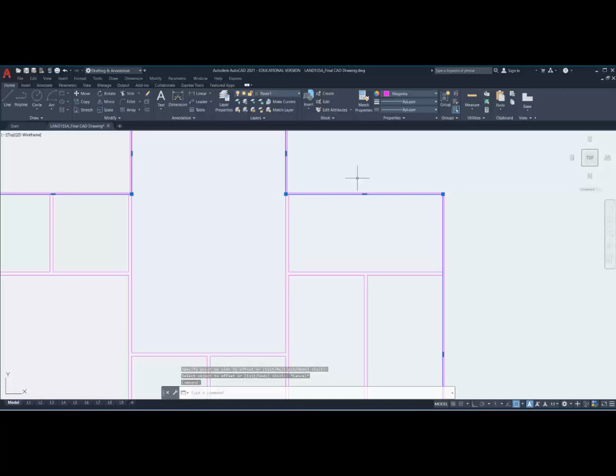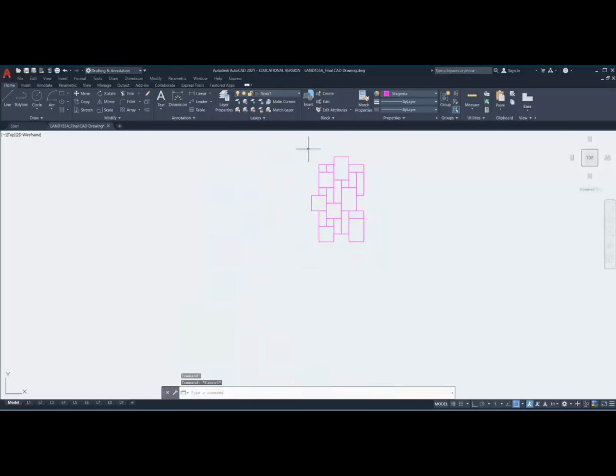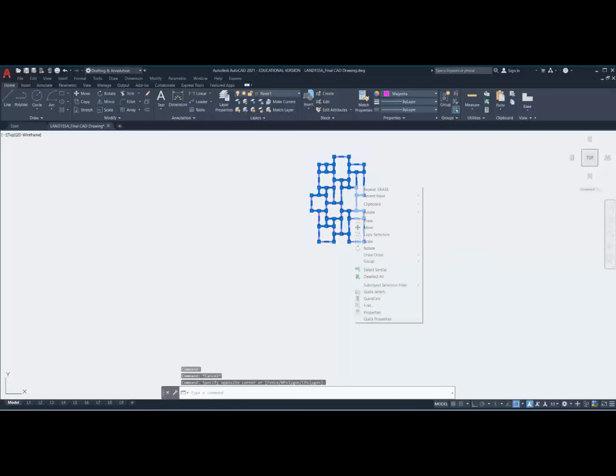So now that I've offset it, I can delete the original polyline because I don't want that anymore. So I'll click on it and delete it. These two are going to be treated a bit differently because I'm going to have paver 1, and then I'm going to have that line as my center for all the pavers. This is what I mean. I'm going to take this whole grouping of it and combine it into a single group. So if I select group,